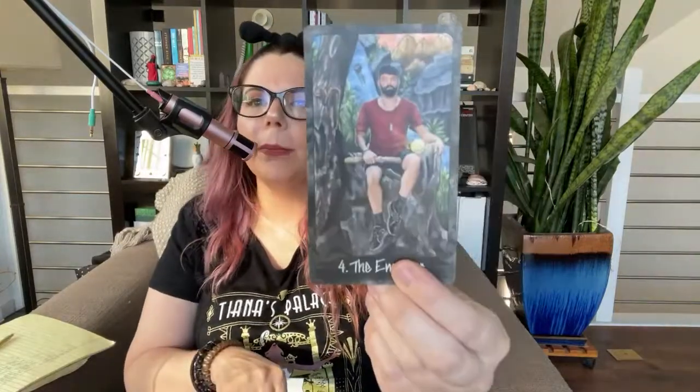So we do have the Fool card, the Magician, the High Priestess, the Empress. Damn, this artwork is just phenomenal. So talented. The Emperor,